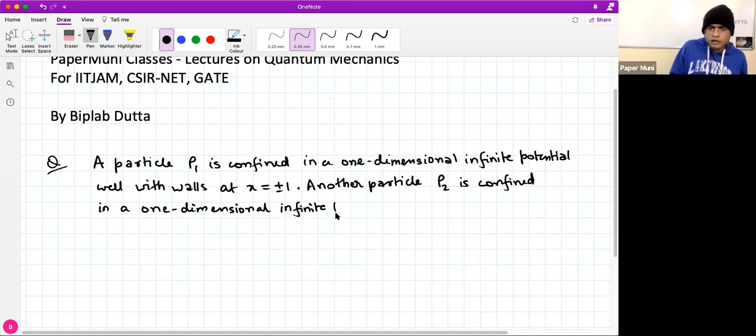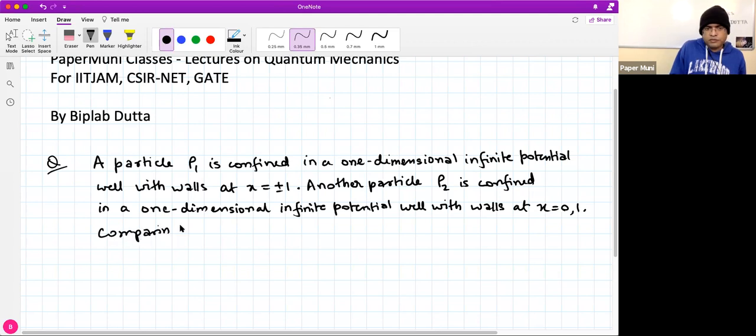If we were in a class setting, we would have written the question on the board. So these are some units: 0 and 1, and plus minus 1. Comparing the two particles, P1 and P2,